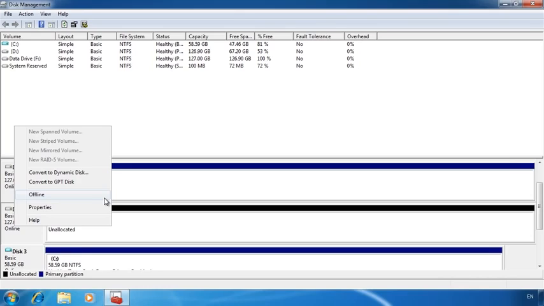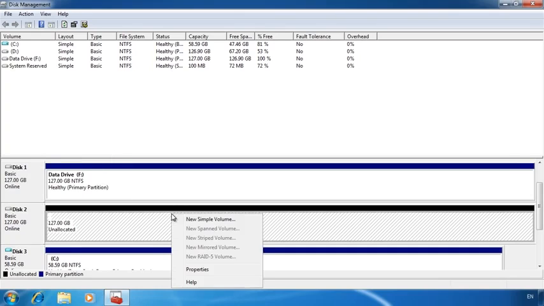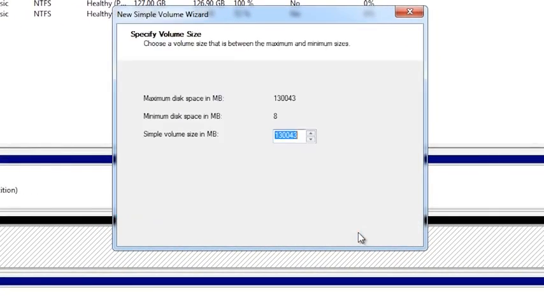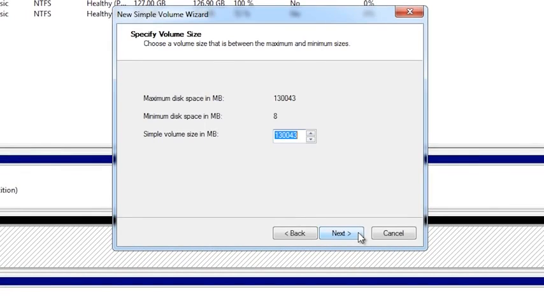Now that the hard disk is initialized, I can right-click the unallocated space on the drive and select the option New Simple Volume to start the volume wizard. The first question you will get asked is how much of the free space you want to use in this partition. In this case, I will accept the default and allocate all the space on the hard disk to the